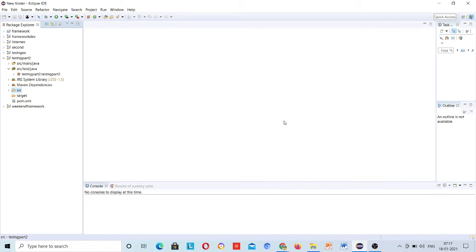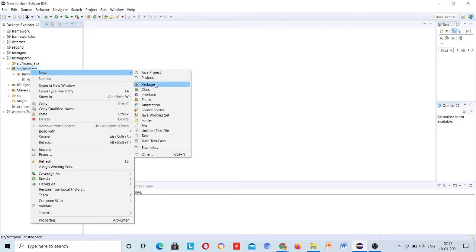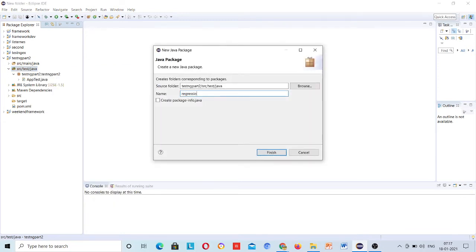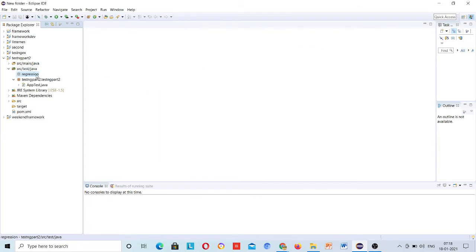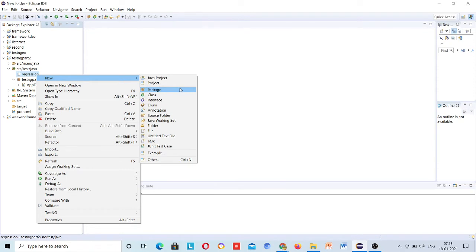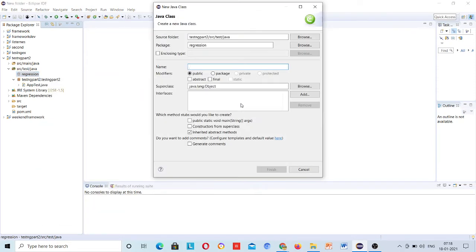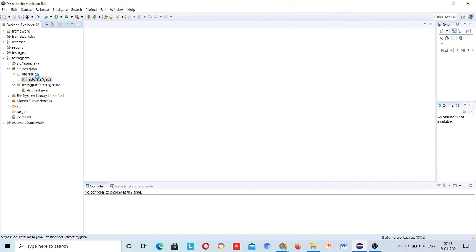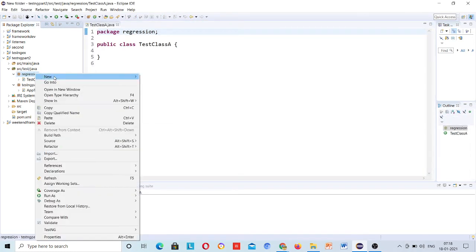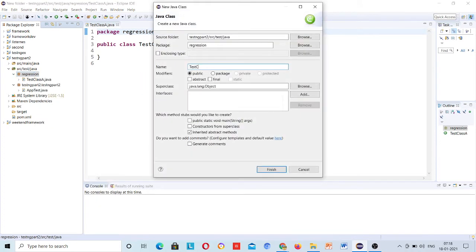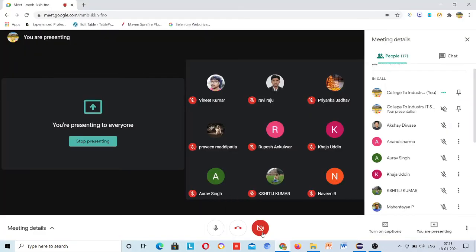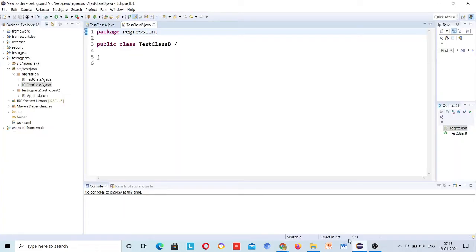Okay, so here let me create a class. Suppose I am creating a package, regression, and inside this package I am creating class A, or maybe test class A, and test class B. Inside these I will create some test methods.